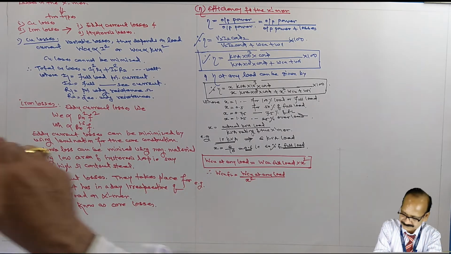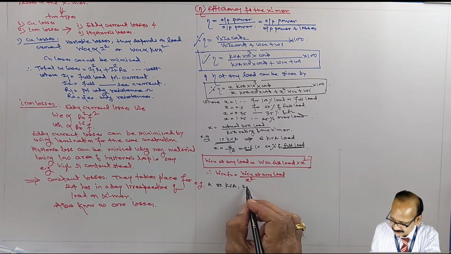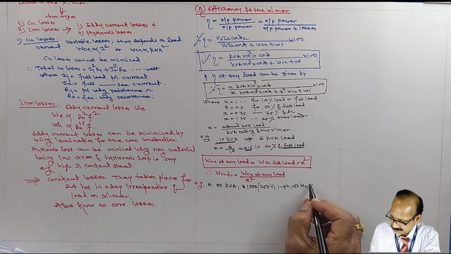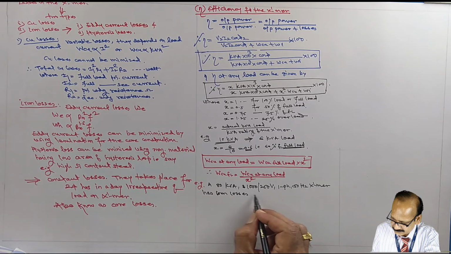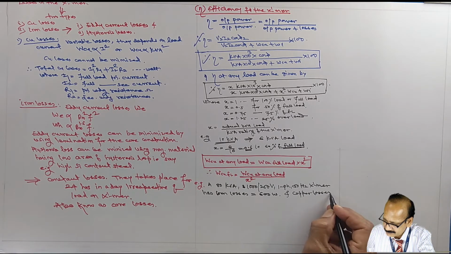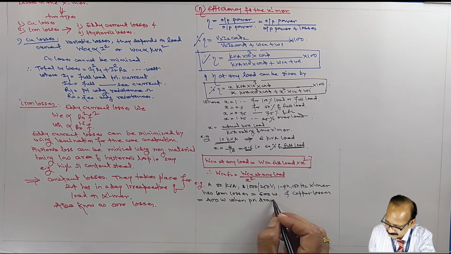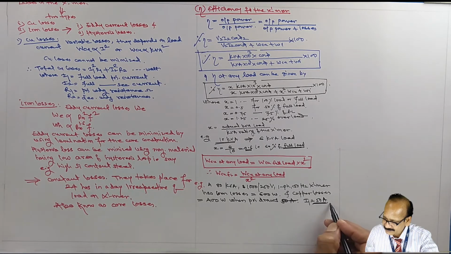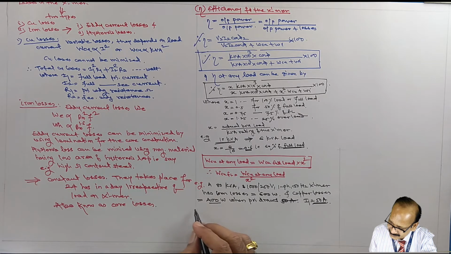Let us consider the earlier problem. Say an 80 kVA, 1000/250 volt, single phase, 50 Hertz transformer has iron losses equal to 600 watt and copper losses equal to 400 watt when the primary draws a current of 50 ampere. Okay, so it is not a full load. At this primary current, the copper loss is 400 watt. Okay, find,